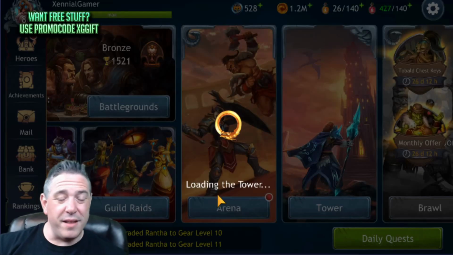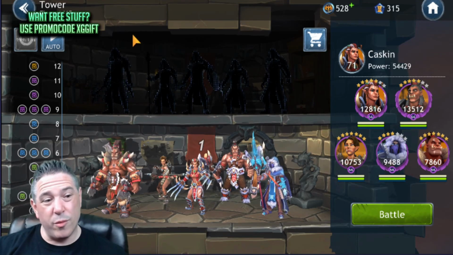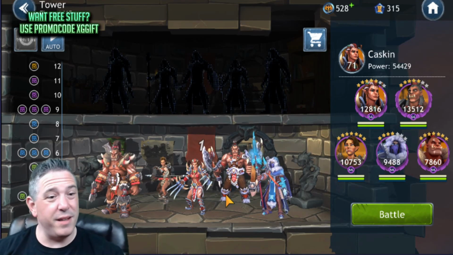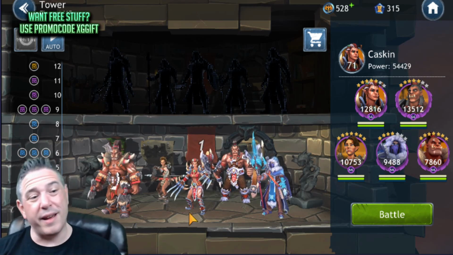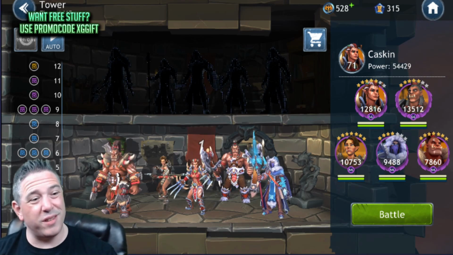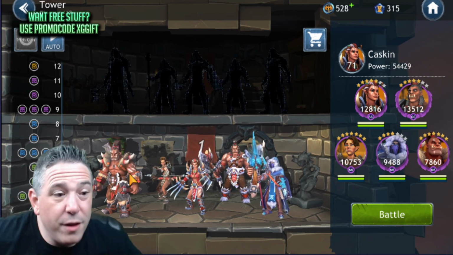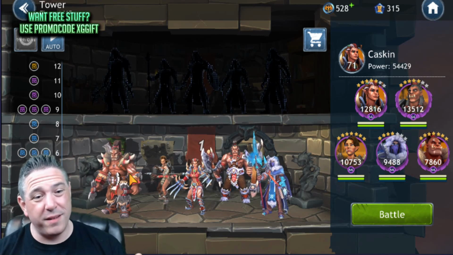Now, the tower is another daily event that we do. There's two modes, a normal and a hard. And basically, you're going to fight anywhere from 12 to 18 enemies, depending on if you do the optional side rooms on floors 3, 6, and 9. So if I'm autoing through, I usually don't do the side rooms, or I might just do the side rooms on floors 3 and 6, so that I don't wind up getting killed when I get near the top of the tower. And the way this works is basically